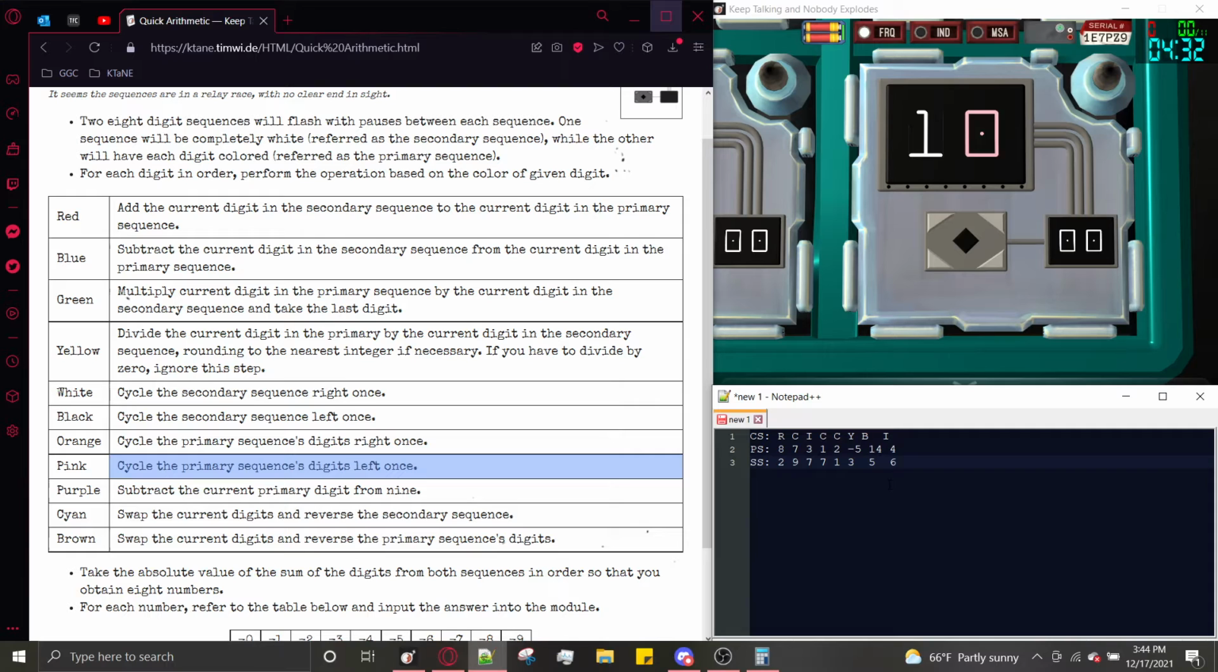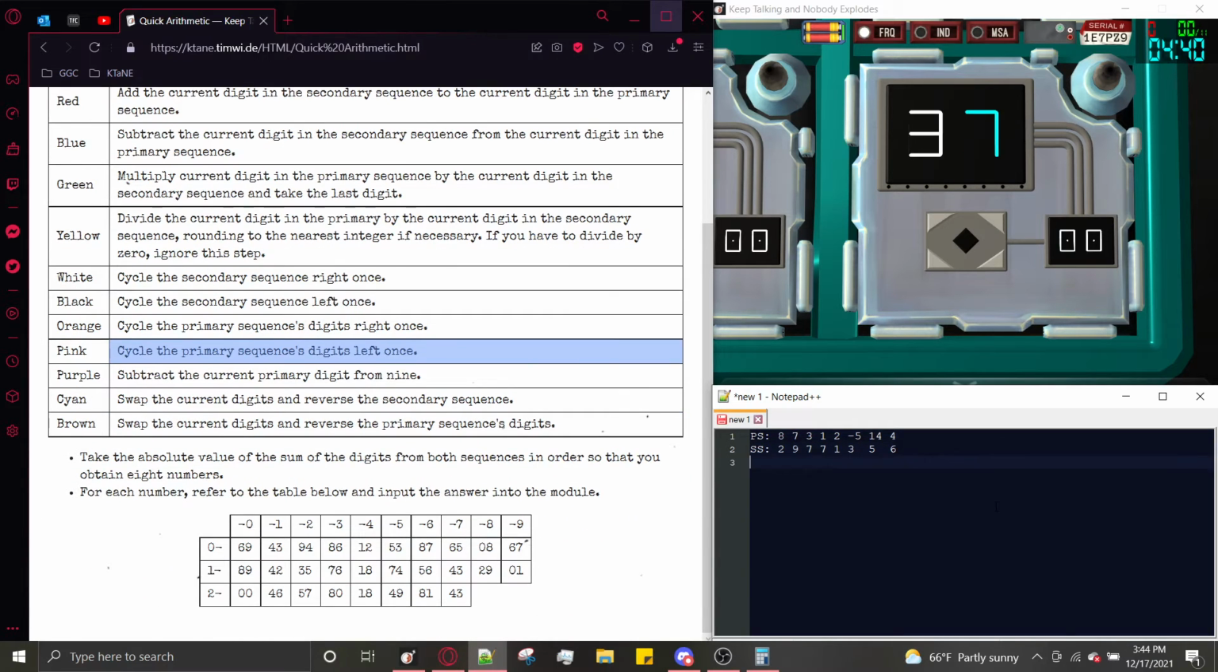And now we have our final two sequences. We can get rid of the color sequence now, we couldn't care less about it. So what we're going to do now is sum the digits at the positions. The first positions in the primary and secondary are 8 and 2, 8 plus 2 is 10. Then we take the second digits, 9 and 7, 9 plus 7 is 16. Then we sum the third digits, 7 plus 3 is 10, 7 plus 1 is 8, 2 plus 1 is